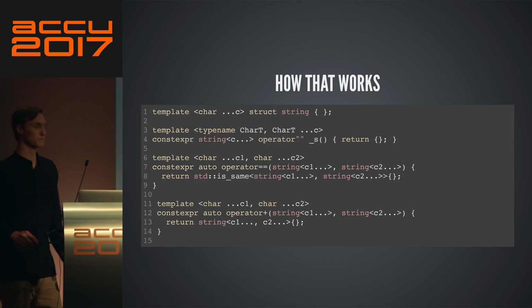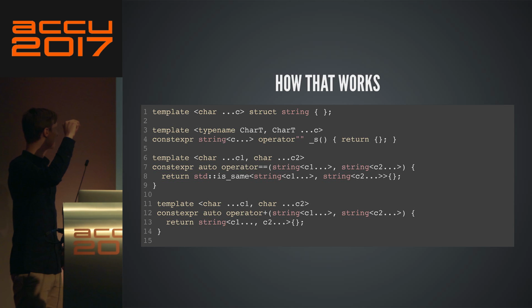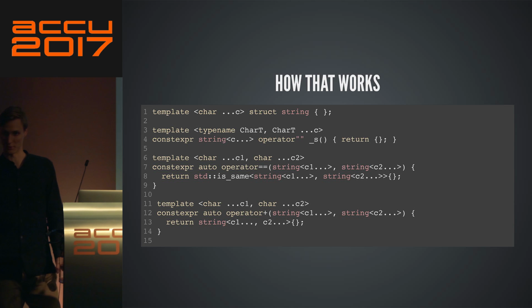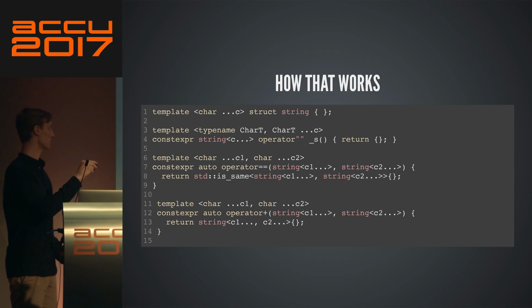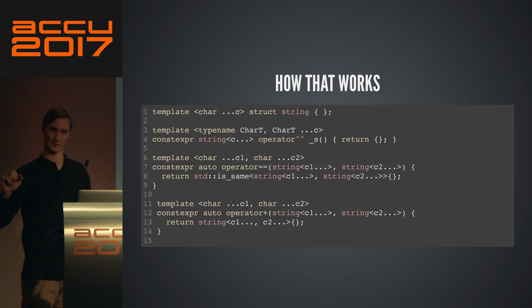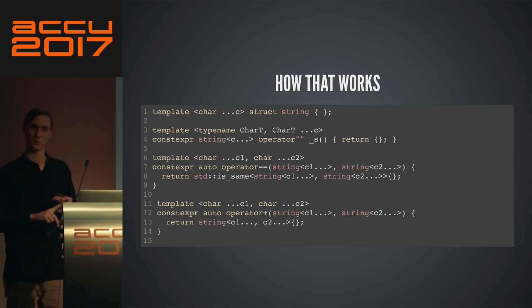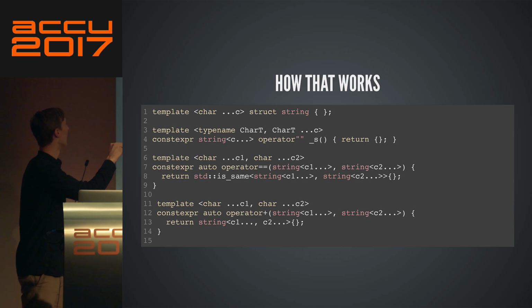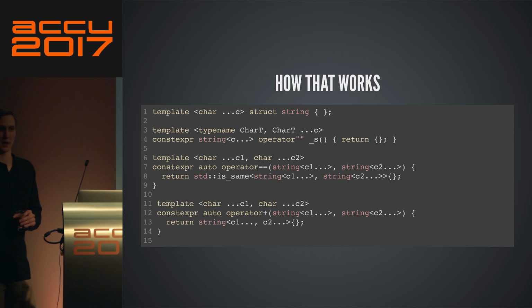So essentially how that works, and here I would like you to focus for now, you define a user-defined literal, which takes a bunch of characters, which represent the characters inside the string literal, and then you just create an empty object, just like our integral constant was mostly empty, and our type was completely empty actually. You create a string here with the right template parameters, and you just default construct it, you don't care. So what you've done is encode the value of the string literal inside the char parameter pack.